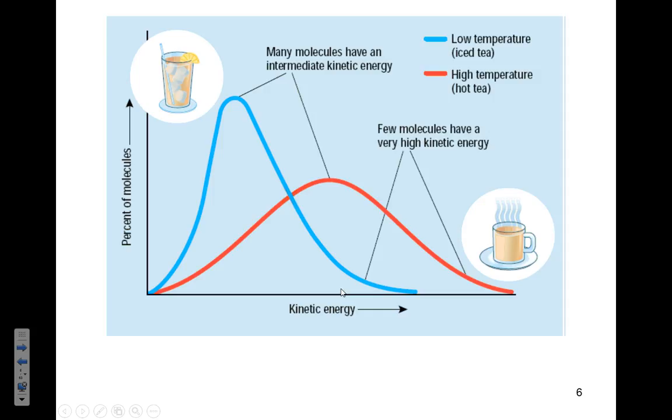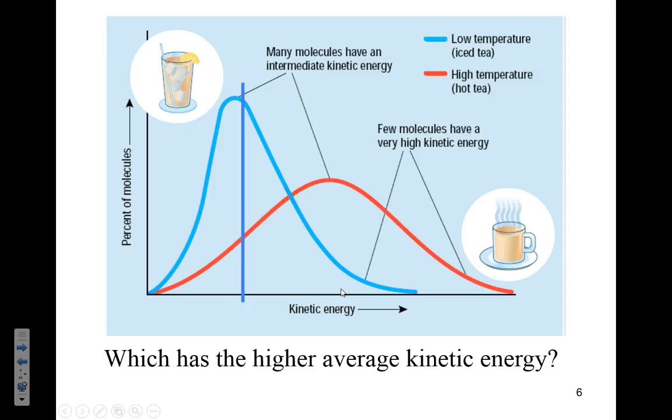Well, remember, the average is really what we're looking at here. And for the blue situation, the average is going to be right around that spot because you'll notice there's a few more on the higher average kinetic energy. So that's going to shift our average a little bit past the hump. Well, that's where the average kinetic energy of those particles is. Now look at the other situation. Its average is going to be right around there. So even though the hump is smaller, it's actually at a higher average kinetic energy.